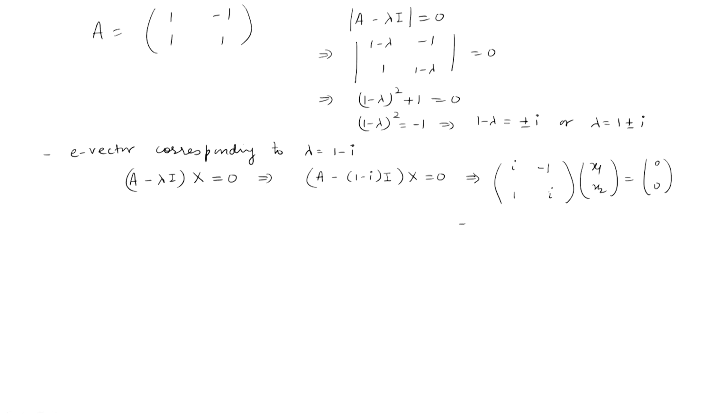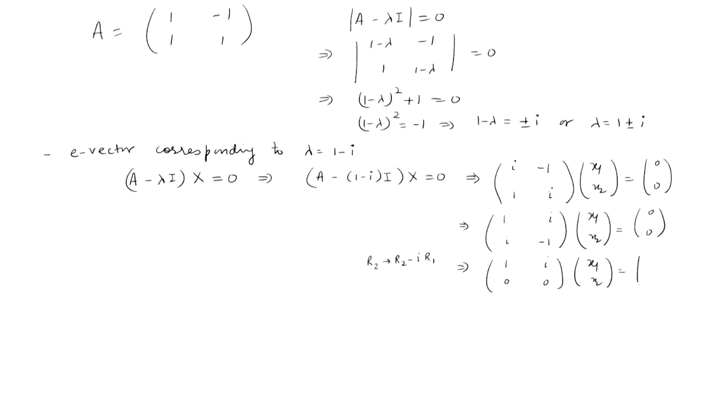So, this implies now you can apply some elementary row operations in this matrix. Simply first interchange these two rows; it is 1, iota, minus 1, x1, x2 will remain as it is, and interchange these two also, 0, 0. Now you can make 0 here with the help of this by applying the elementary row operation R2 minus iota times R1. When you apply this, it is 1, iota, 0, 0, and x1, x2, 0, 0.